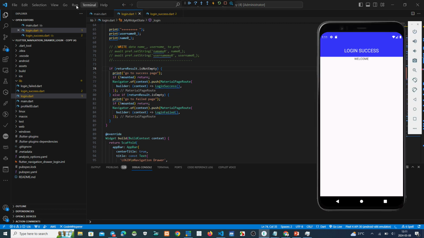Okay, now we must run again. Okay, I plug in my power. Okay, this is flutter clean.